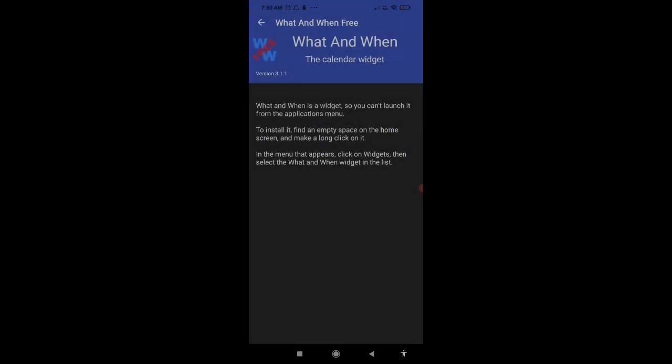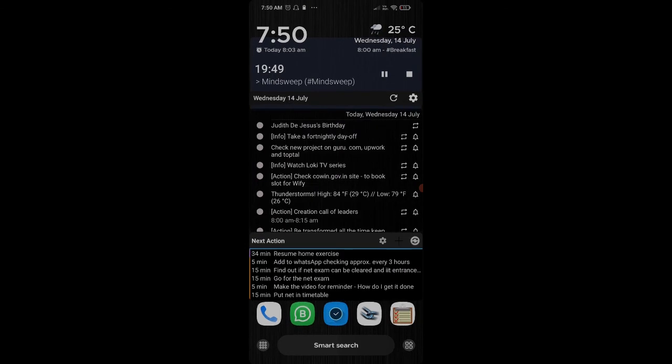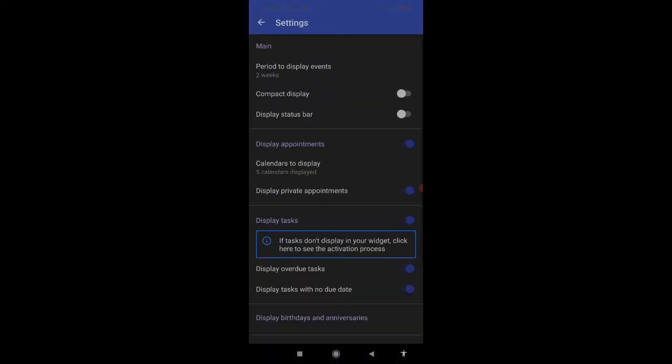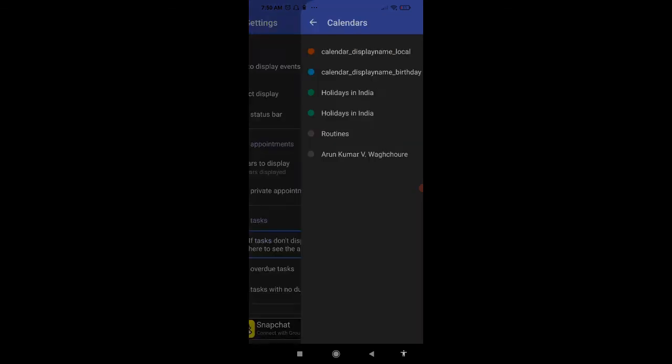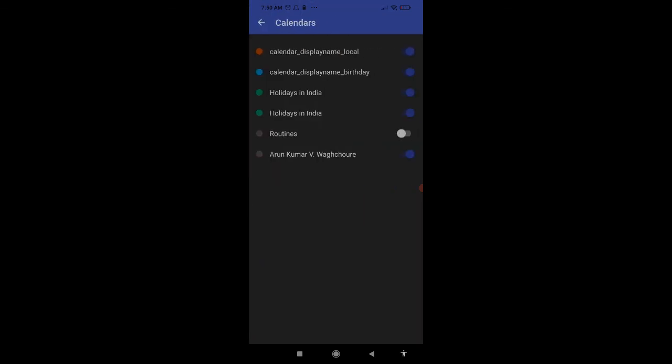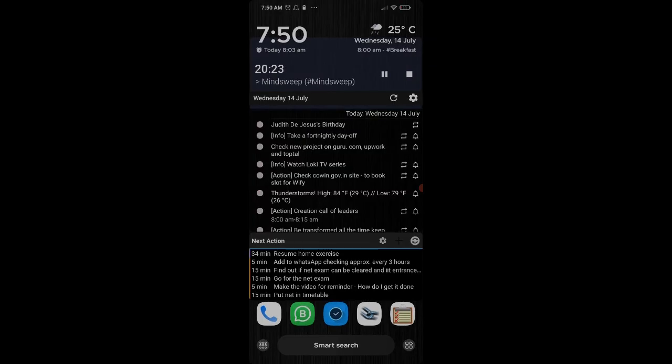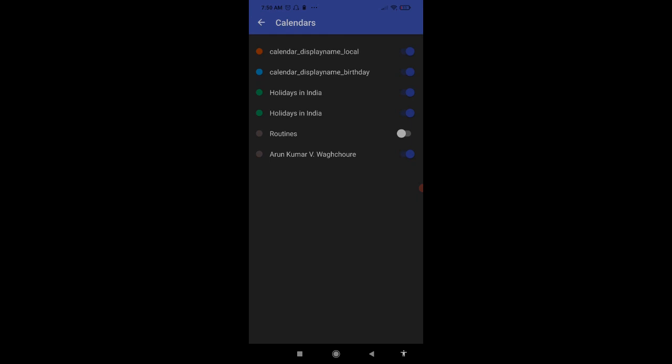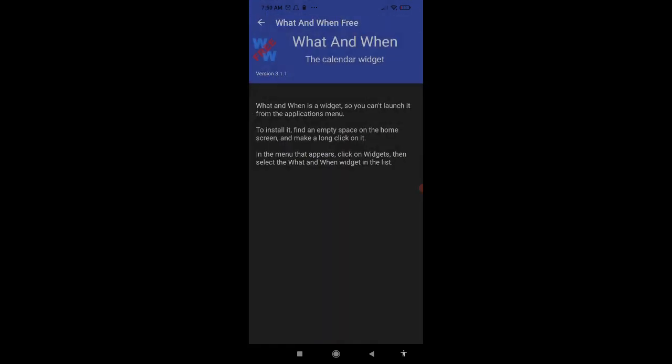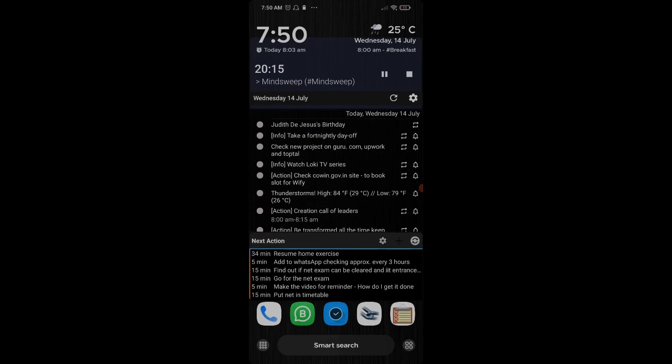What I can do is when I go over here, settings of this app, there is a setting that I can choose which calendar that I or timetable as one of my calendars to show. So that is already in my Google Calendar as a separate calendar, and I can use it from there.